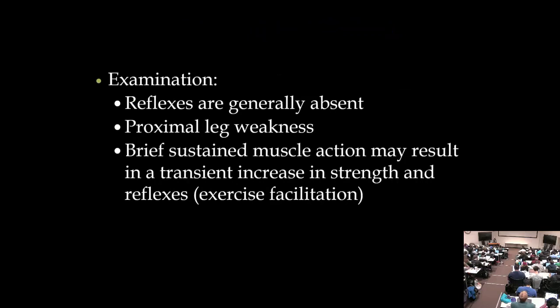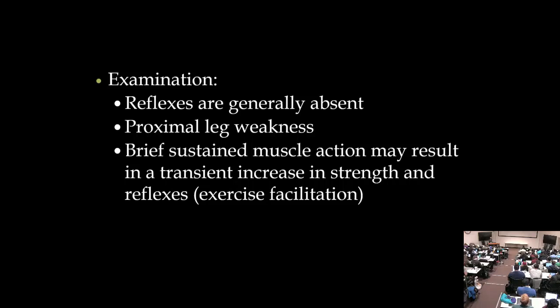Now in Lambert-Eaton syndrome, when you knock out those voltage-gated calcium channels, those seem to be important for facilitating reflexes on exams. So these patients generally don't have reflexes. This is not a lower motor neuron problem, but it just has to do with the physiology there at the neuromuscular junction. They have leg weakness, tends to be more proximal. So this isn't an easy diagnosis, but this is the one thing, if you see it, you know for sure